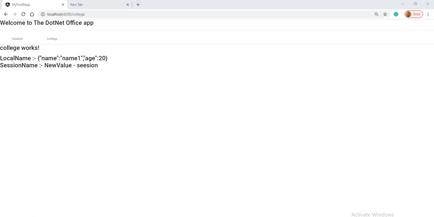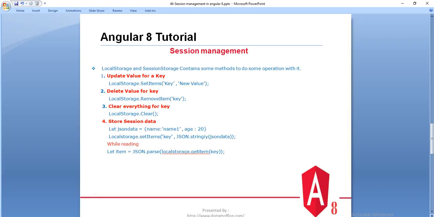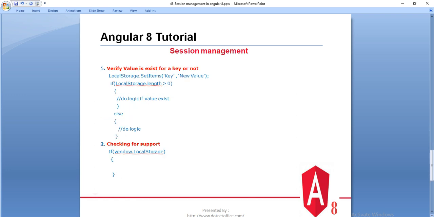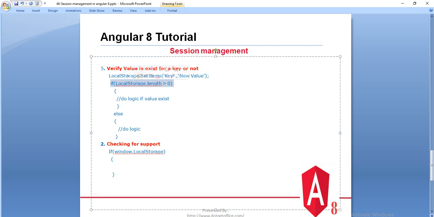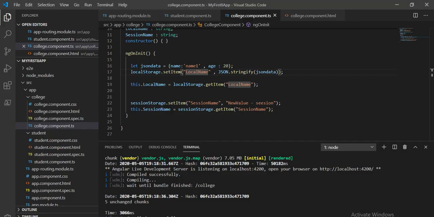So these are the methods we can use to store our data either on the local storage or the session storage. If you have any question, apart from this there are some more methods. Like based on some condition, like this local storage length, if it is greater than 0, I want to verify the data before doing some operation, whether any value exists or not. So we can do that as well. Go to the Visual Studio Code.